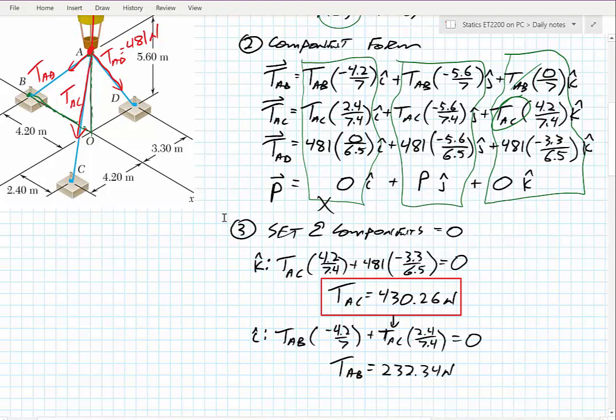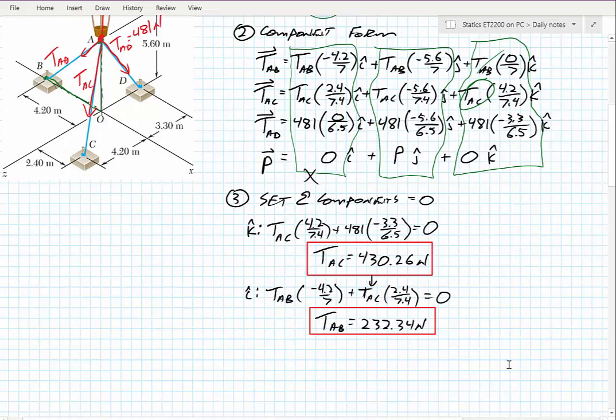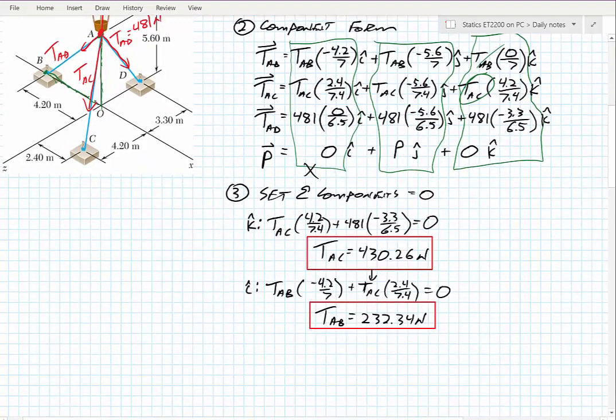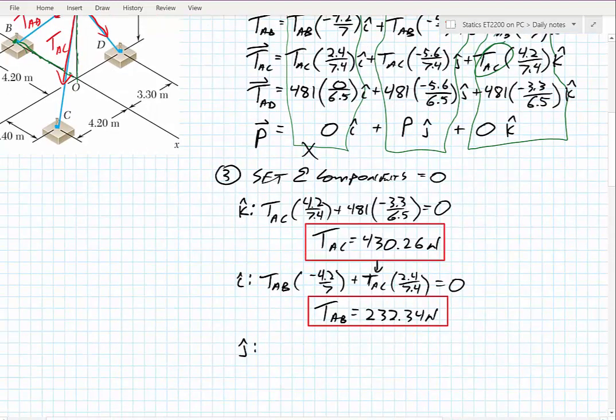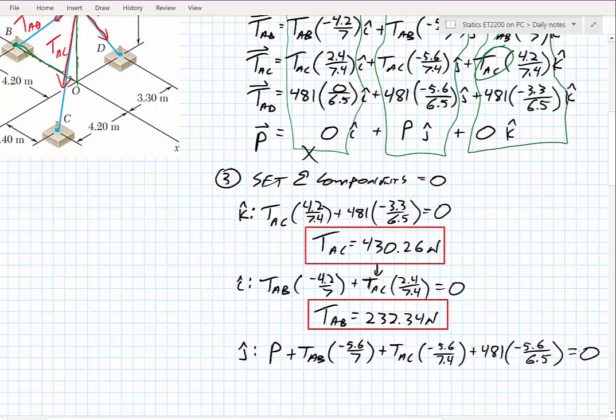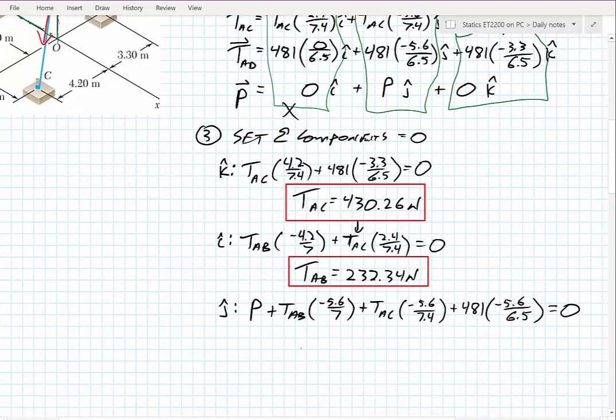232.34 newtons. Alright, so the last step in the process, after we have our Z and our X direction taken care of, we can finally go on to this Y direction, which will provide what we're looking for with this unknown P. What I see is I have to include that P. I'm going to start with the P so I don't forget it. So that's a positive P plus TAB. Alright, and since I set the whole thing equal to 0, and all the other tensions, of course, are negative, pointing in the negative Y direction, I end up with a P value that is equal to 926 newtons, and that is up. Or we could also say it's the positive